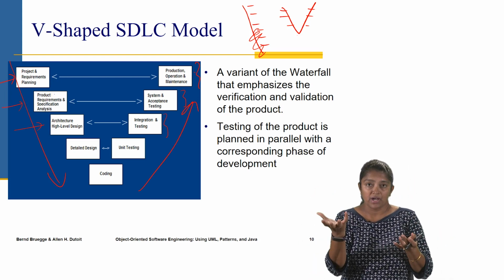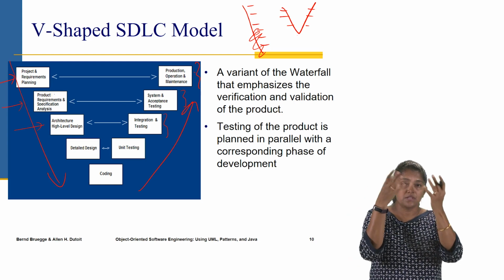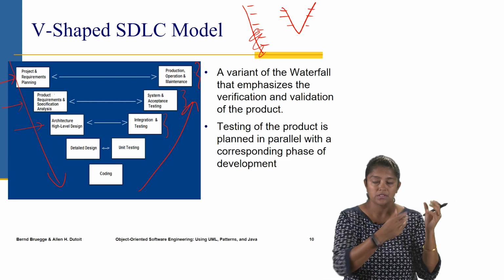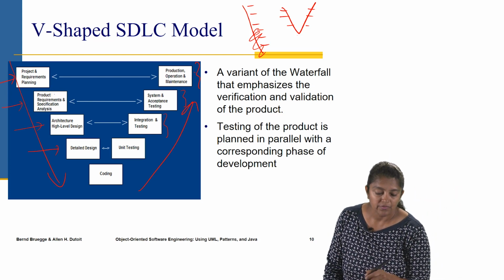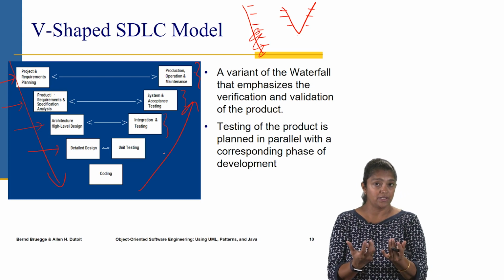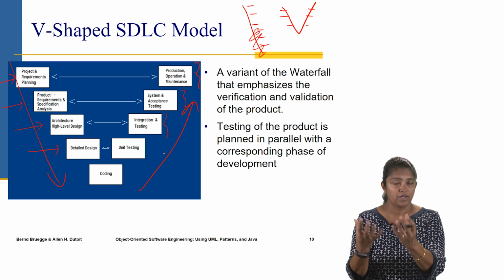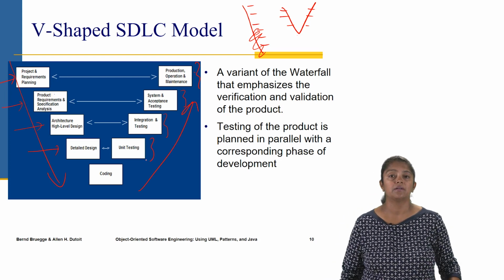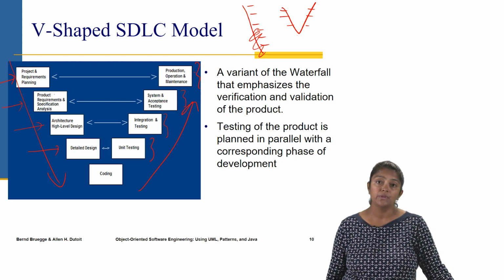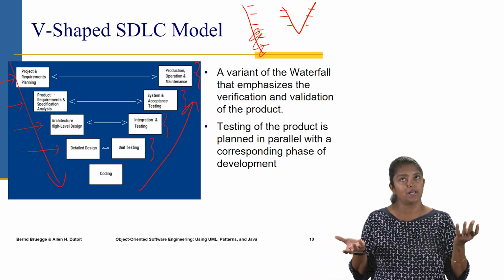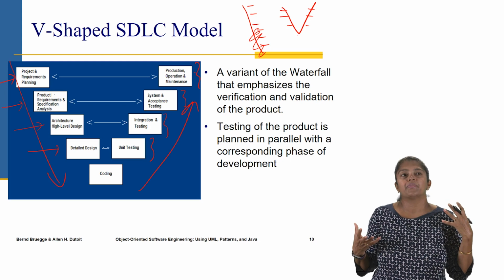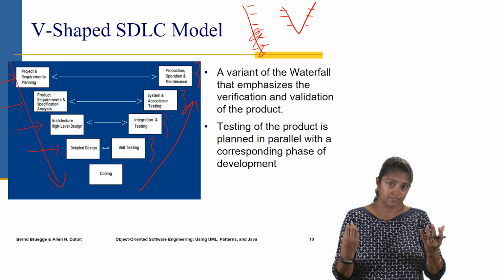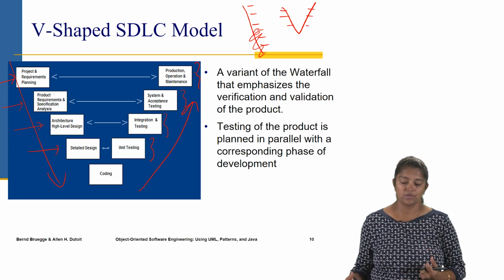Because the moment you have a high level design, you have the systems and the subsystems, so you can start thinking about integration testing, of how you're going to test those different subsystems. Then we have detailed design. While the detailed design is being done, this is where we're thinking of the individual objects and their details. Along with that, we can start planning for unit testing and writing the unit tests in parallel. This helps with test-driven development as well. We can begin writing our unit tests even before code is written. And then we can write the code to make sure those tests pass.